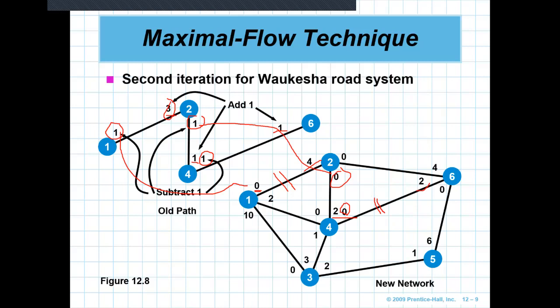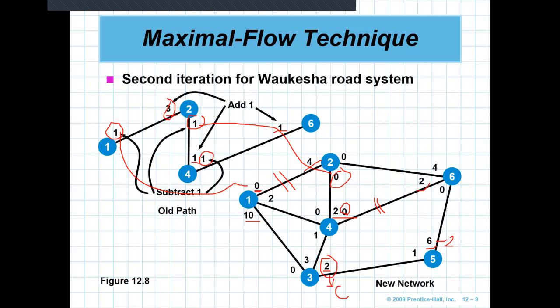is 1 to 3, 3 to 5, 5 to 6. This is still possible because there are 10 and then 2 and 6. 2 is the smallest number, so we call it the third C. Use this number to subtract all the capacity numbers. So 10 minus 2 is 8, 2 minus 2 is 0, 6 minus 2 is 4. It becomes 8, 0, and 4.